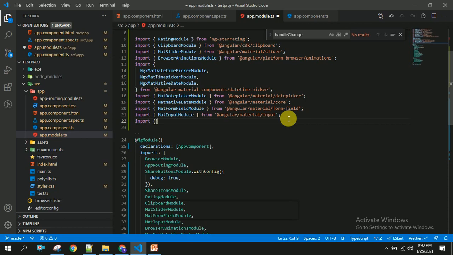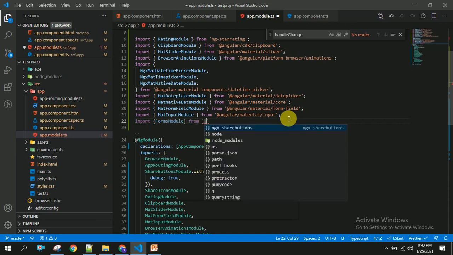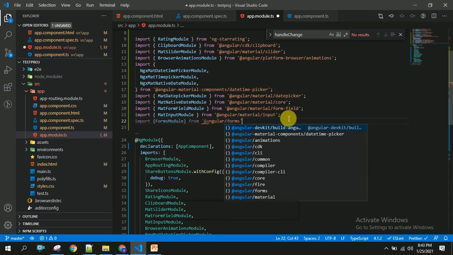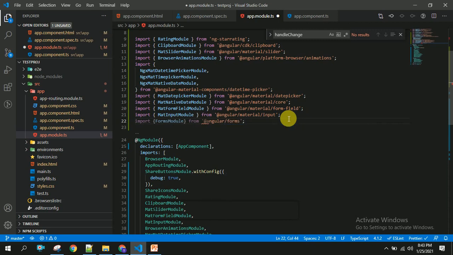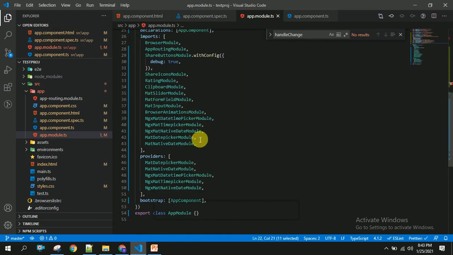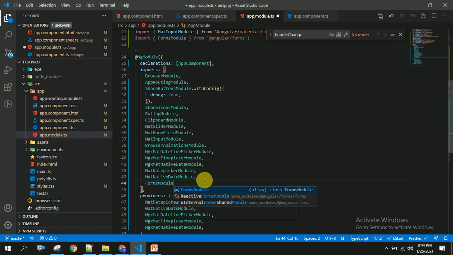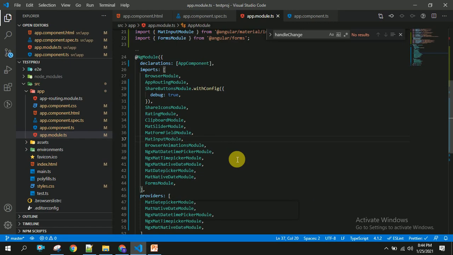For this I am going to import forms module from @angular/forms. And we have to use the same thing in the declarations part or imports part. Sorry, not in the declarations. We have to use it in the imports part. Once this is done, save this and head back to the browser.